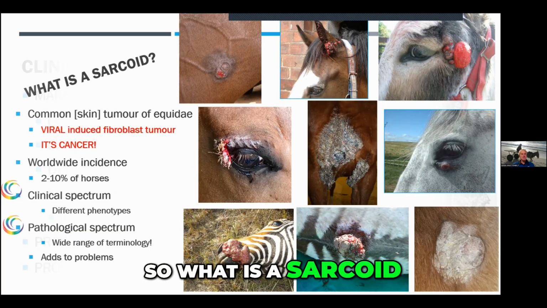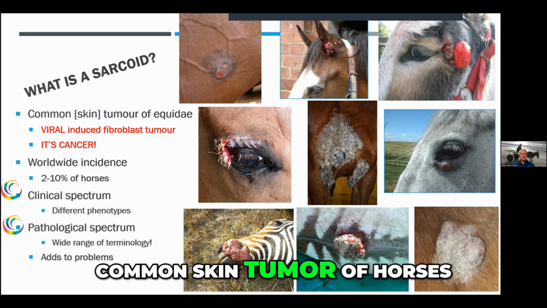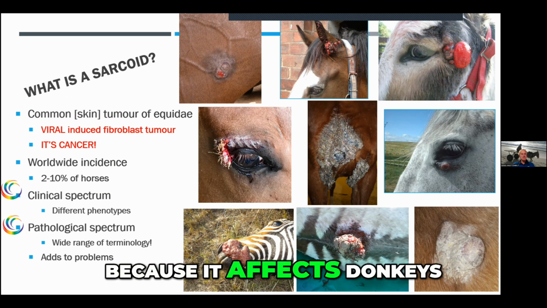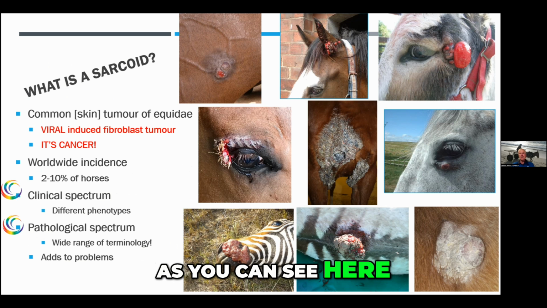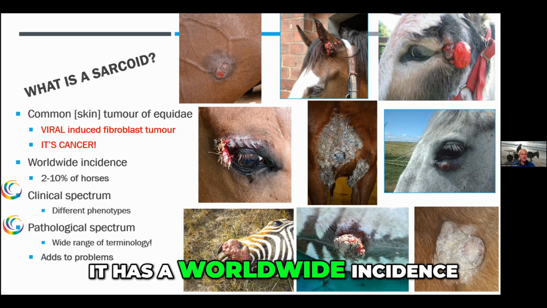So what is a sarcoid? Well, a sarcoid is a common skin tumor of horses, of any equids, in fact, because it affects donkeys, horses, mules, and zebra as well, as you can see here. There's some donkey ones and some zebra ones and some mule ones and some horse ones. As you can see, it has a worldwide incidence,